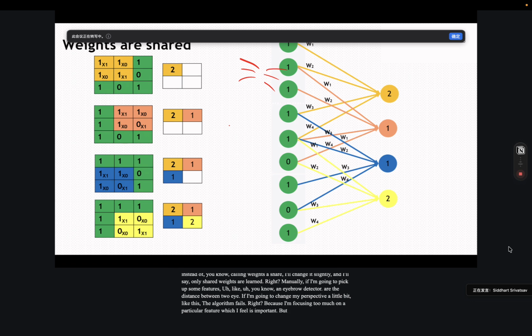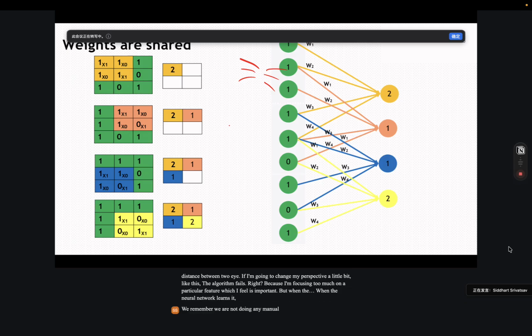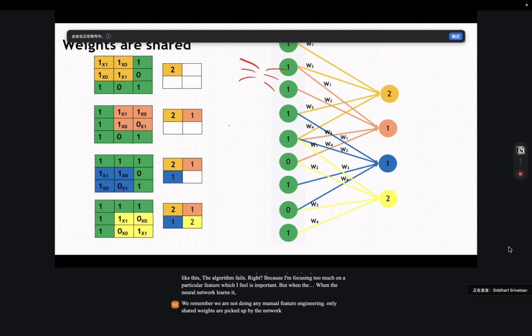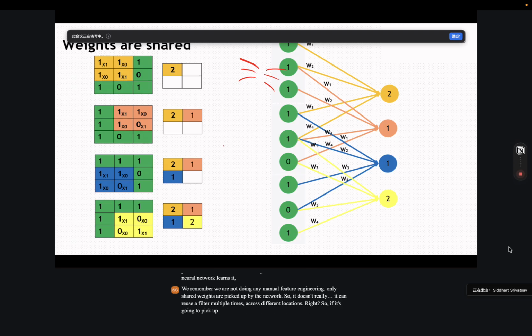But when the neural network learns it, we remember we are not doing any manual feature engineering. Only shared weights are picked by the network. So it can reuse a filter multiple times across different locations. If it's going to pick up an edge detector,